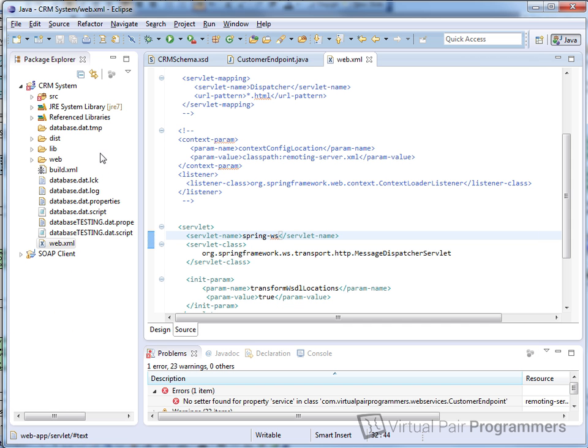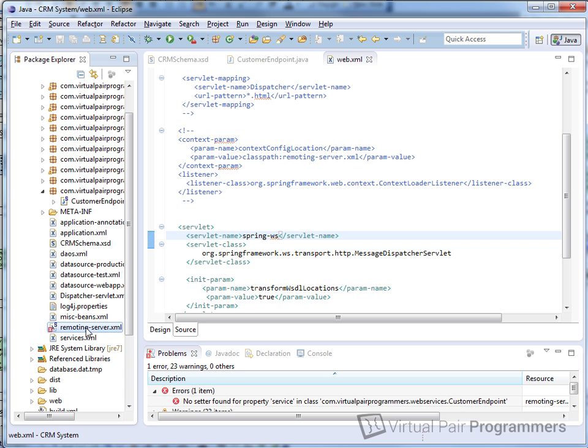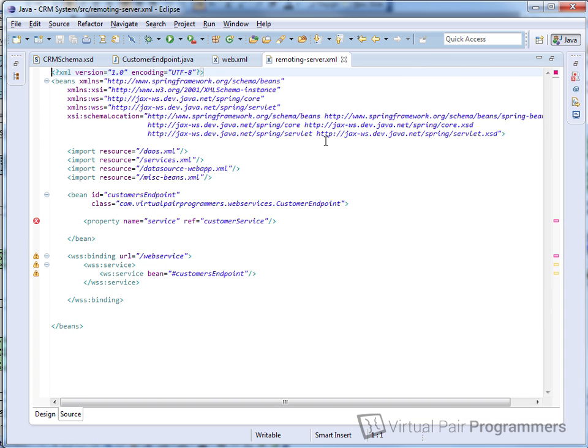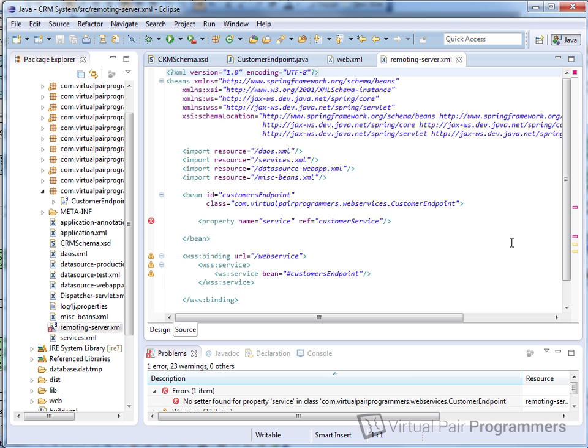Now in our previous work, we had a Spring XML file, which I happen to call remotingserver.xml. And this file was responsible for taking our endpoint and associating it with a URL, and for declaring an instance of the endpoint bean. Well, we're still going to need this XML file, but it is going to be of a different format. And it's going to have a different name because this file is automatically loaded in by that new servlet